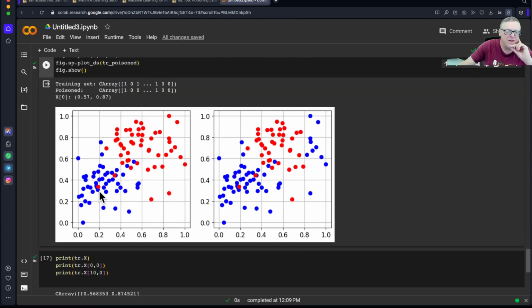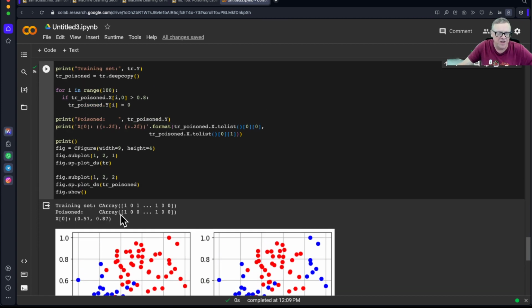And it did do it. See, everything's the same except this stripe over here. The reds have all changed to blue. So that's what I wanted to show you. That'll get you the right start. And it takes a little bit of work to figure out how to dig into the arrays here. But anyway, that's what I wanted to show you. So I'll stop